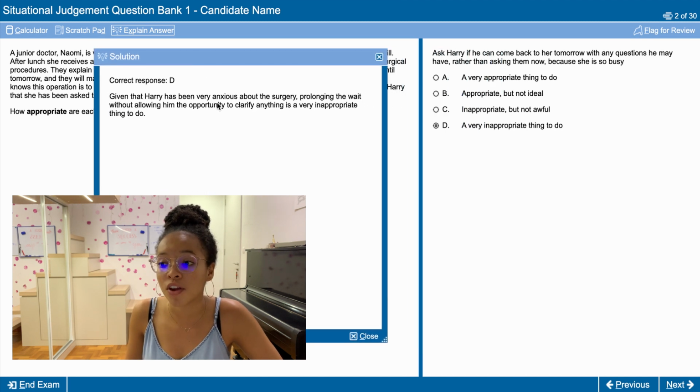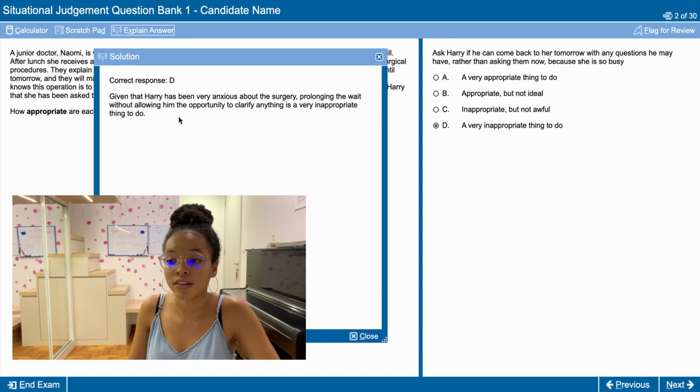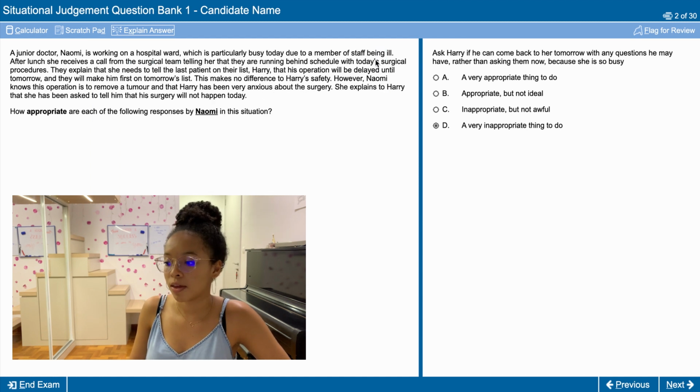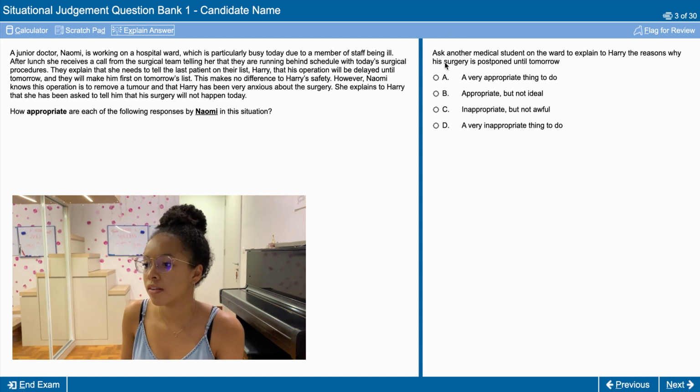Given that Harry has been very anxious about the surgery, prolonging the wait without allowing him the opportunity to clarify anything is a very inappropriate thing to do. So that's basically what I explained. Moving on. Okay, so for this question, which is ask another medical student on the ward to explain to Harry